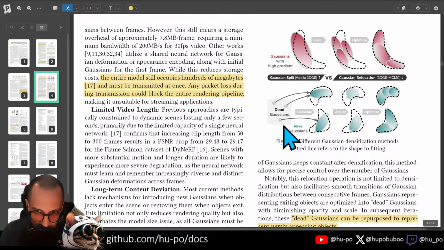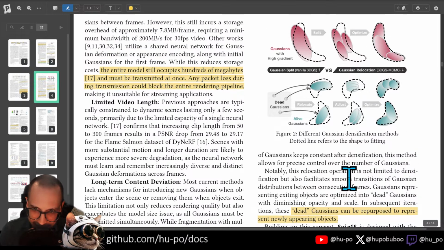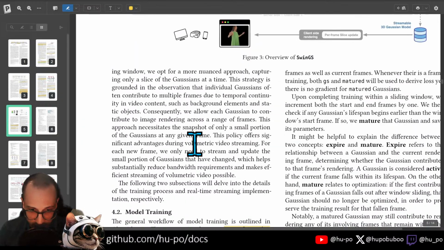So once you have dead Gaussians, we're instead going to be moving them into different positions. So if we ever get a dead Gaussian, we effectively move them into a different position. Ultimately similar things are happening, where areas that need more Gaussians to represent things better are going to get more Gaussians, but now you have the same amount of Gaussians, right? You're just moving your Gaussians around. And that's really important because when you're streaming,